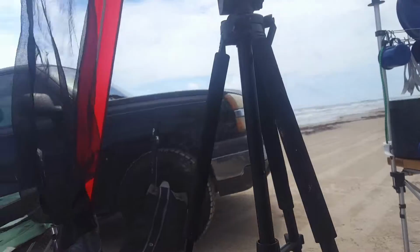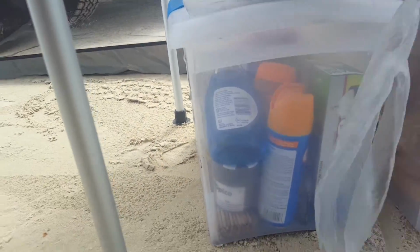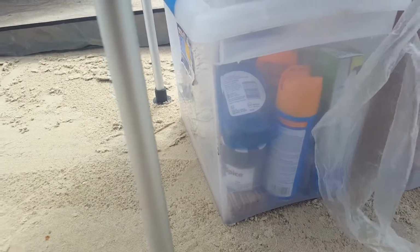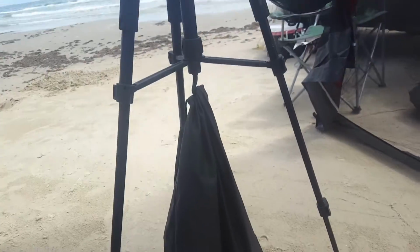And I've got the camera tripod set up there. This is our little kitchen set up. This is one that I'm really proud of. We've got the bread box. That's our dry box, and that's got trash bags and dish soap and shish kebab skewers and stuff like that. And then we have the vegetable tray right there. I got some onions there. I've got some potatoes, but I'm using them as a ballast on my